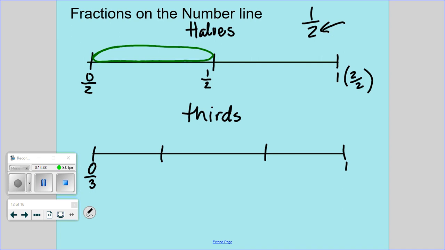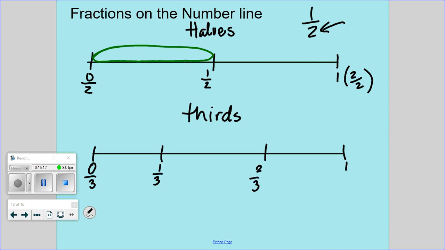What is my first tick mark? Elliot, what's going to be my first tick mark? No, I already have 0 thirds. What's this one? 1 what? 1/3. What's this tick mark? Ryan? No? We're going in order. 0/3, 1/3, 2/3,